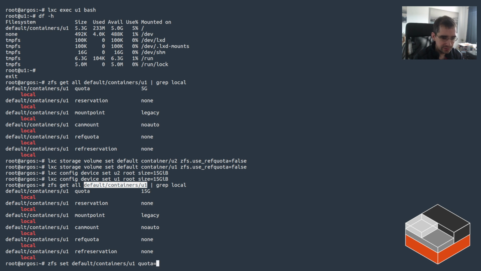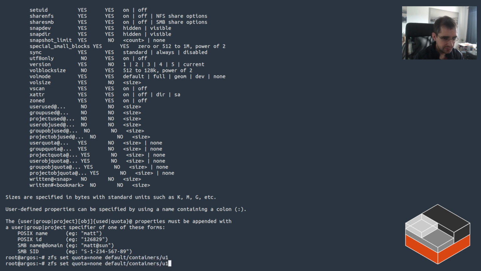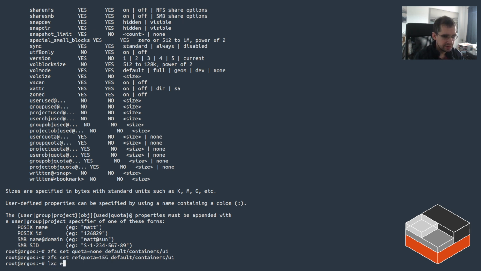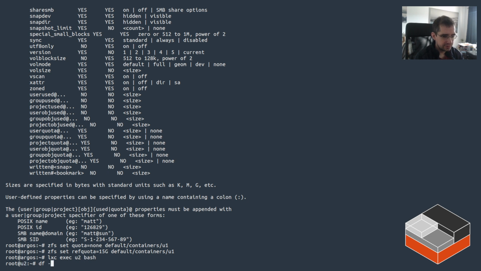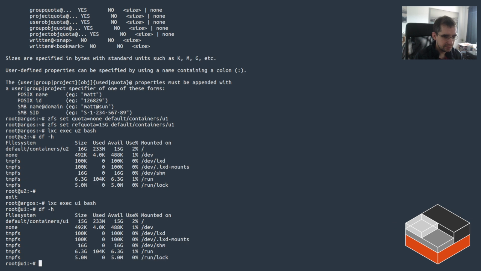So we'll do quota none. Set, I think it's the other way around, isn't it? So quota none. And then ref quota 15 gigs. Okay, so now if we look at U2, that's the one we didn't touch. It looks like this. U1 looks like that. And